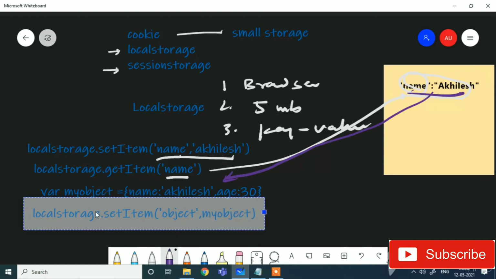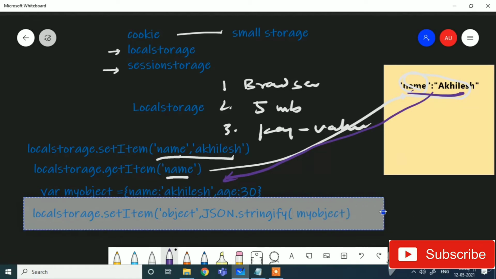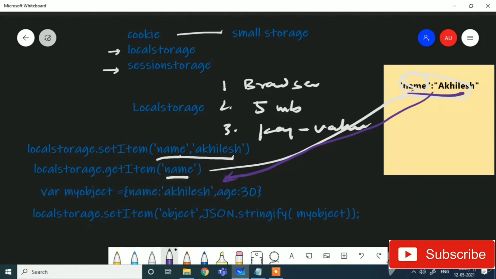But since it's an object, it will show an error, so I have to convert it into a string. How can I convert it? JSON.stringify. So I stringify my object and then only I will pass it. In this way it will save all this information in the browser.